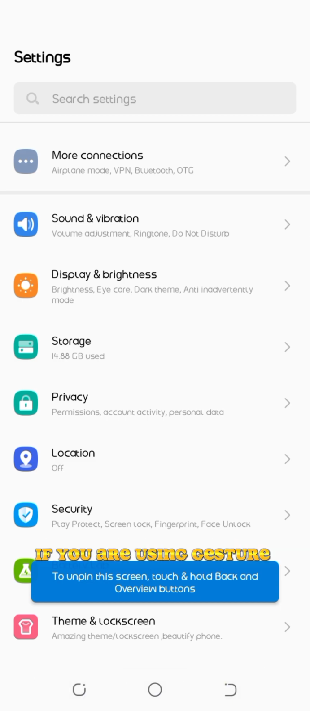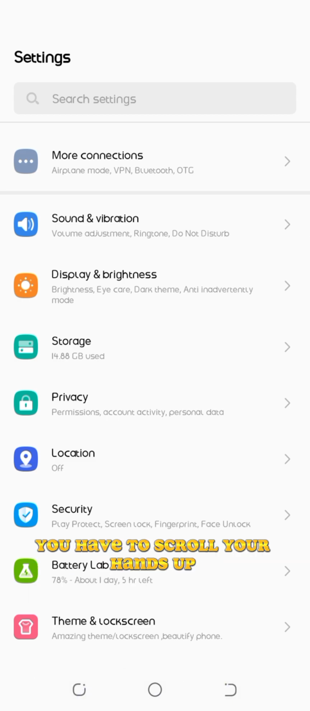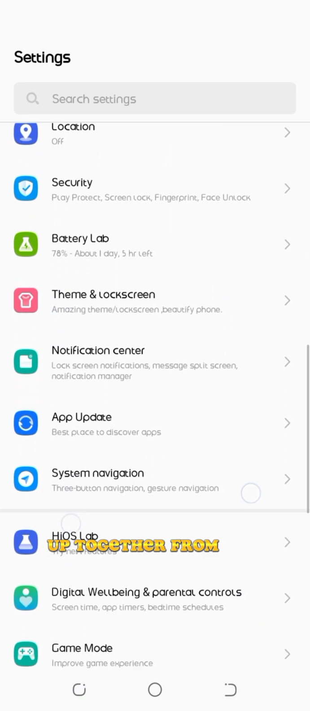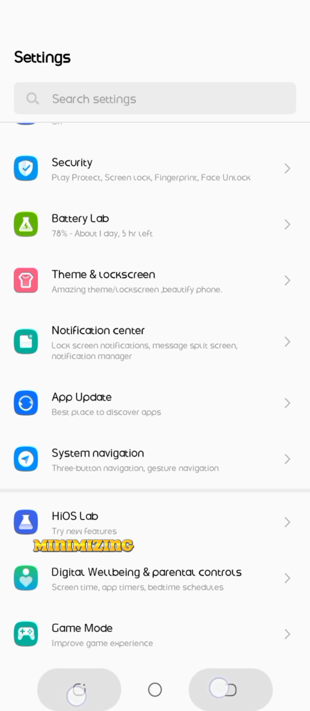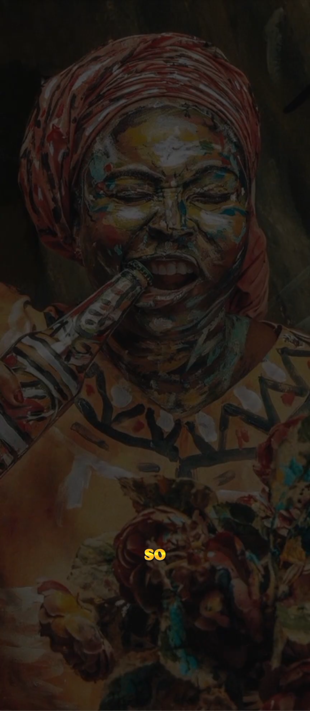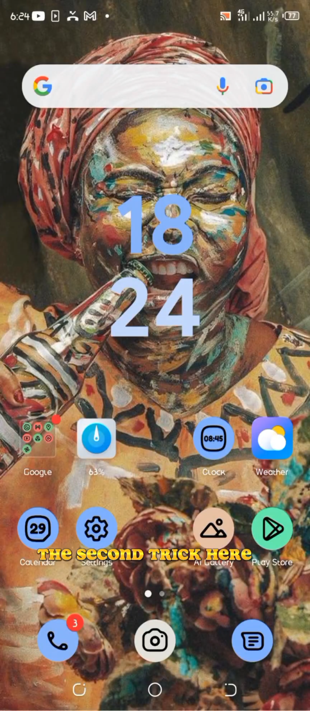If you are using gestures, you have to swipe your hand up together from the side of minimizing and back. That's it. So the second trick here